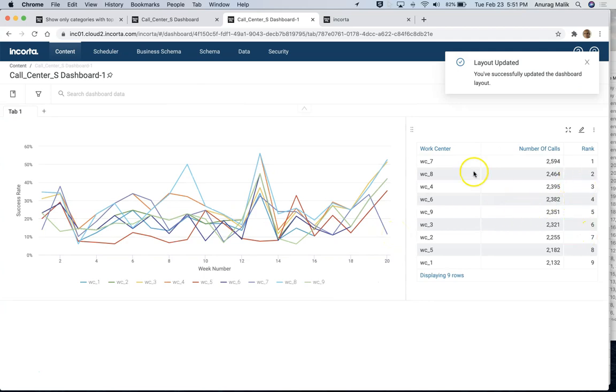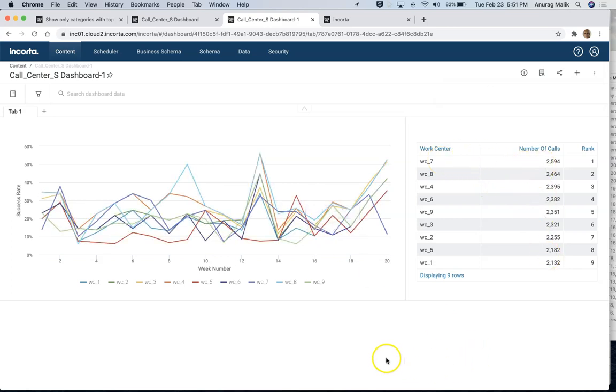Okay, so I can see the rank for different work centers by number of calls, right? So WC7 looks like it's doing pretty good in terms of total number of calls, number 1 here. Now I want to pick and choose top n. So maybe I want to see this chart for top 3. Now a way to do that is